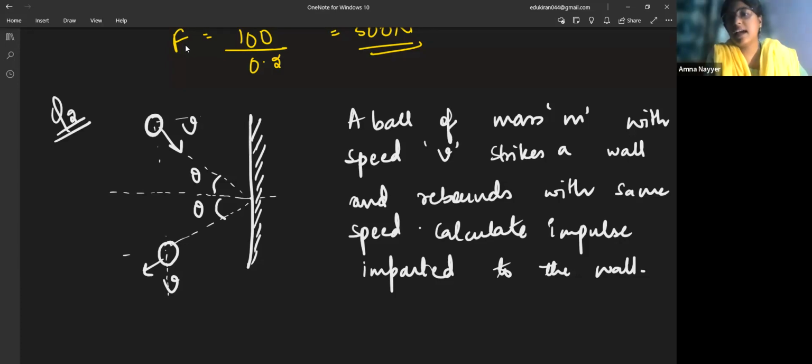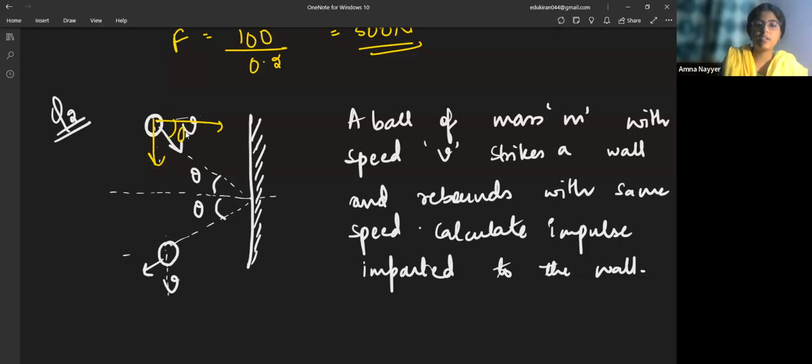See, the question says that a ball of mass m with speed v strikes a wall and rebounds with the same speed. Calculate the impulse. So the question is the same. The difference is that here the velocity is at an angle. So if it is at an angle, it means we have to resolve the components. You have to resolve it like this. So if this is theta,